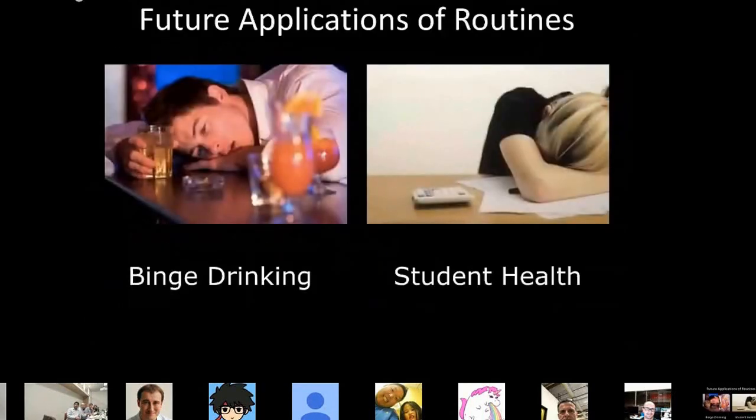Okay, and then something that Yuvraj and I have been focused on, and I was just talking to Prashant about, is that we've been leveraging embedded infrastructure and mobile infrastructure to identify different mental and health states. So we think a big play for IoT is in the health space, and we're looking at different physical and mental states that would be interesting. We have a project that we're looking at to support people with identifying Parkinsonian symptoms and severity. We have a project that we've been looking at identifying binge drinking from people's interaction with everyday objects, whether it's a door or their phone, and we want to apply it to student health in general.